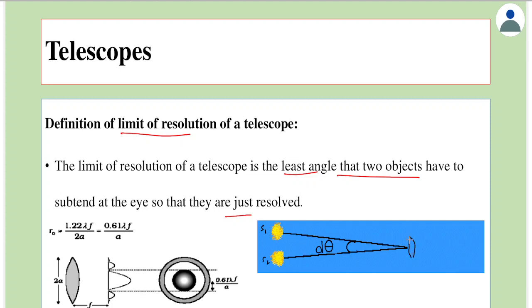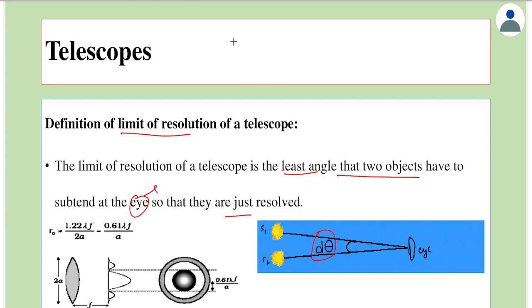I'm just drawing one lens for it, but it's a telescope, and the eye is very close to the telescope. Some books will write this as eye, and some books will write this as the instrument. Both are interchangeable because the human eye is very close to the optical instrument. So this angle here, d theta